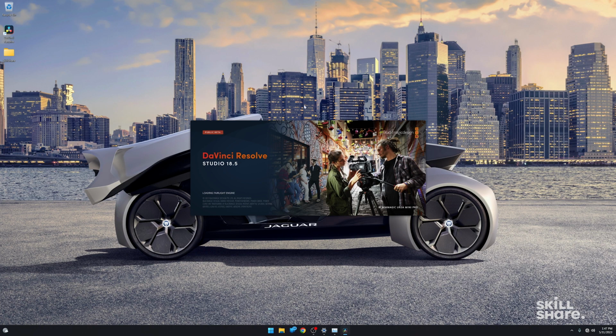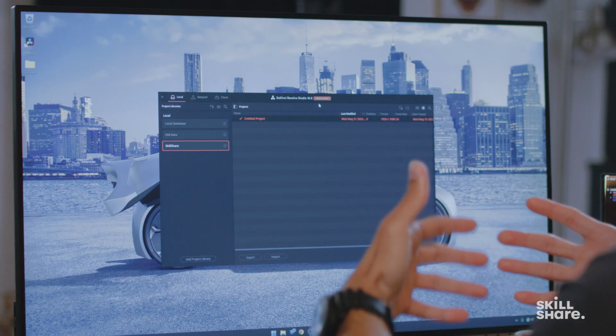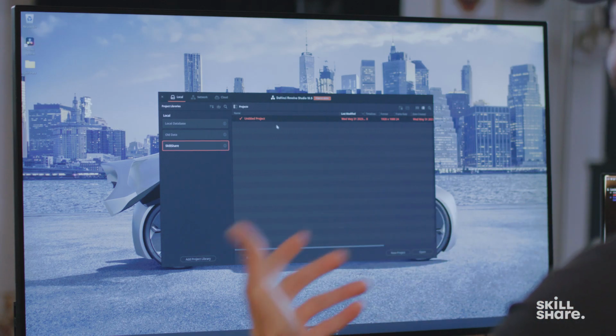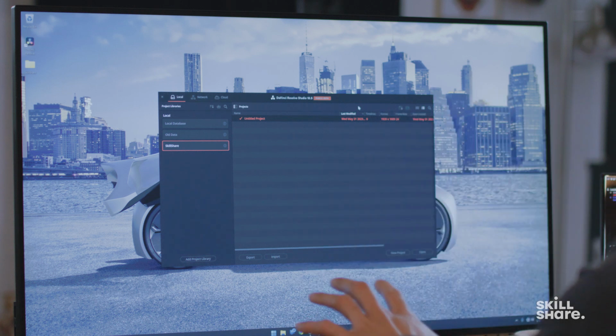So now we'll start with lesson 3, where we'll go over the UI of DaVinci Resolve. And the first thing you'll see when you click on the DaVinci Resolve icon is the loading screen. Now, DaVinci Resolve, like I said in previous lessons, is an all-in-one, one-stop shop for everything post-production. With that comes a little bit to learn with the different various tabs, and the first page you'll see is